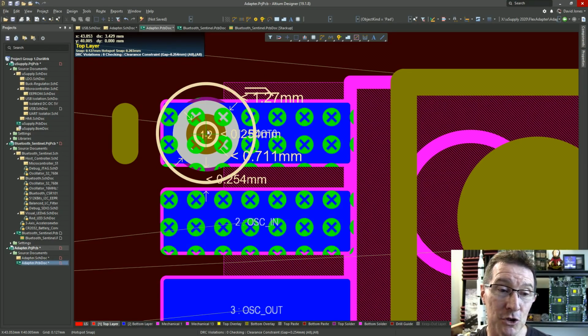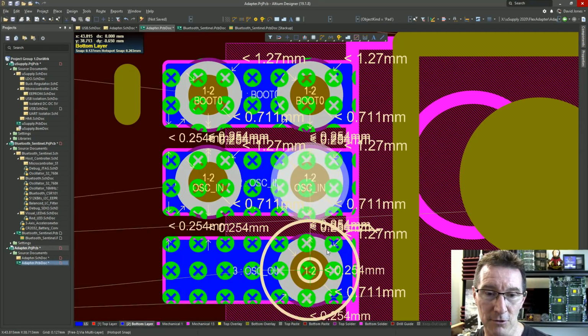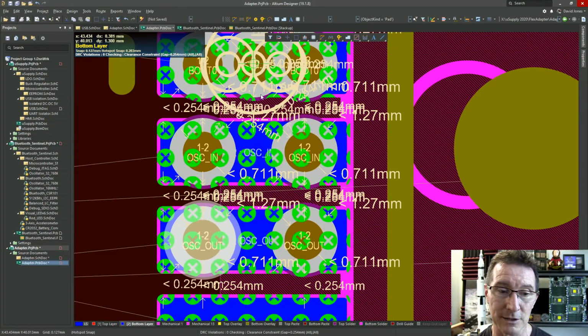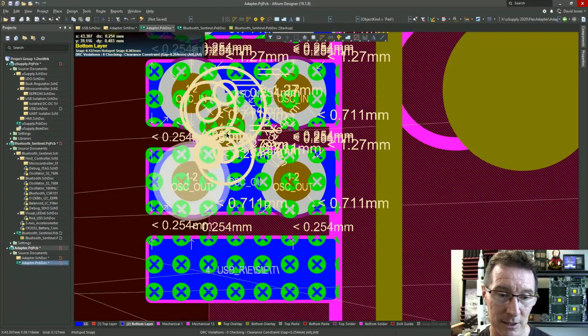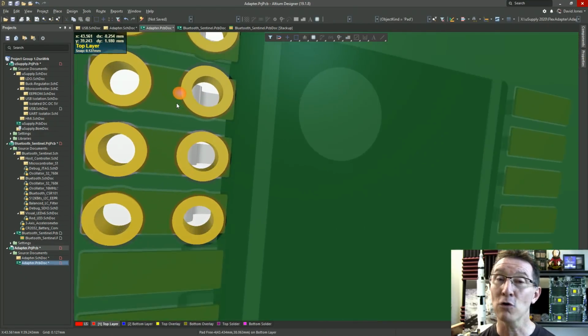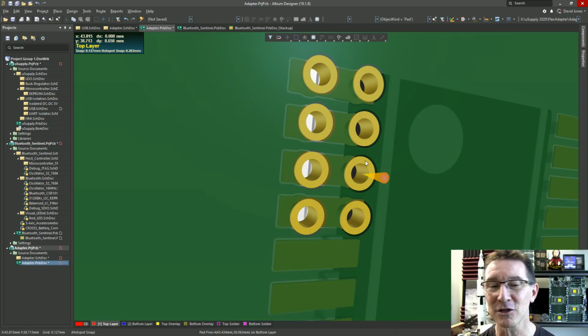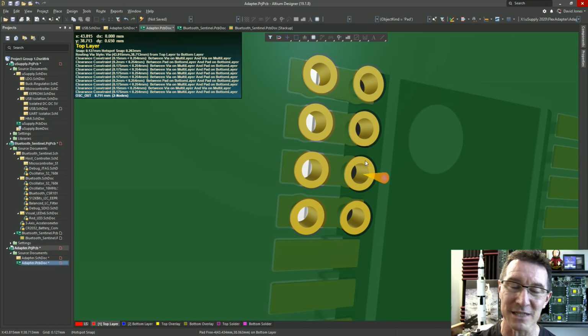We could actually put 2 vias here. There's no reason why we couldn't have 2 like that, just in case one doesn't make adequate connection. There you go. Those holes look enormous, don't they? But they're 0.3 millimeters. As I said, you could do one that's staggered, but I think that's,